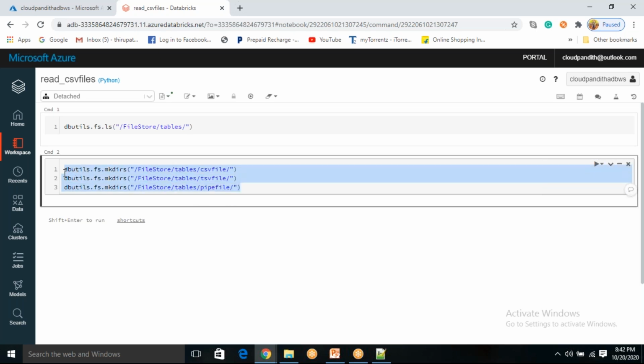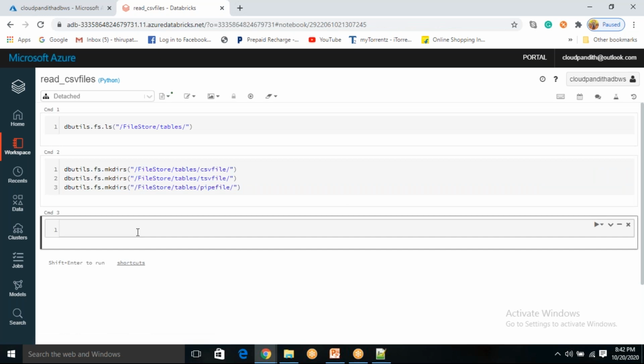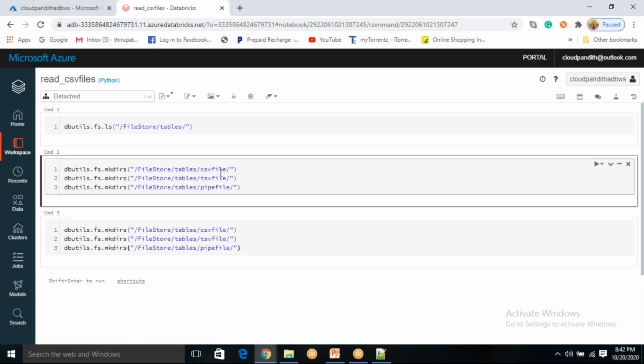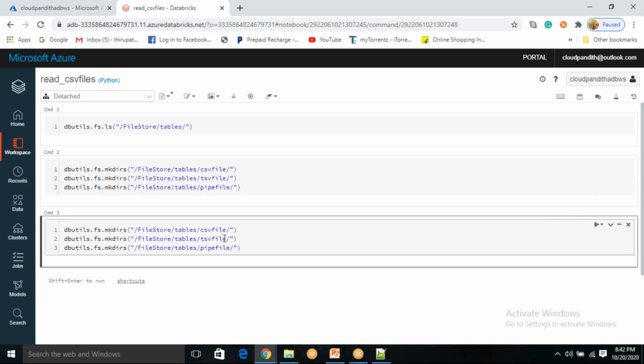Next, I also want to create three more folders basically to maintain multiple files. For example, in these folders, I will maintain one file. Later, I want to read multiple files, and to read multiple files, I need to maintain multiple files in a folder.